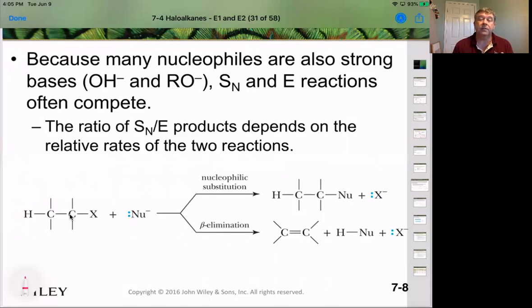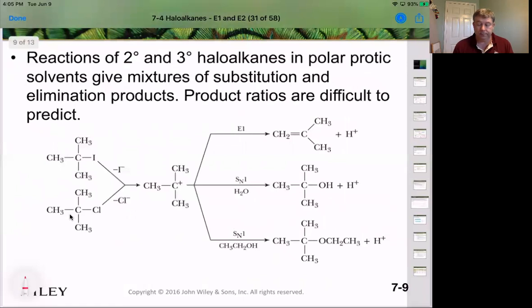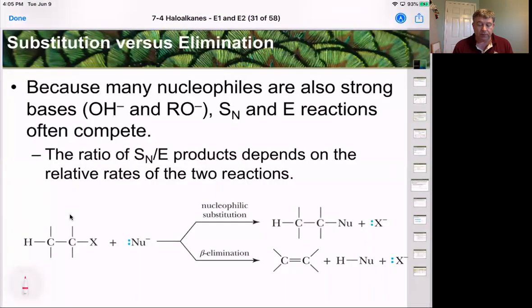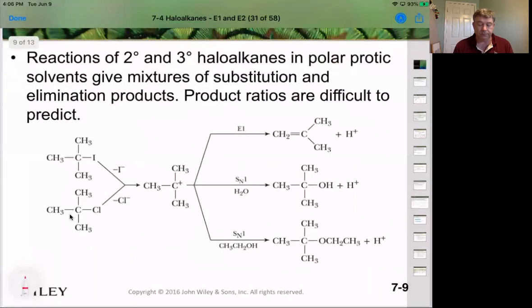First of all, it depends on the strength of the nucleophile or the strength of the base. Okay. So in the presence of something like a primary alkyl halide, okay, in reactions with secondary and tertiary alkyl halides, a polar protic solvent gives mixtures of substitution and elimination products